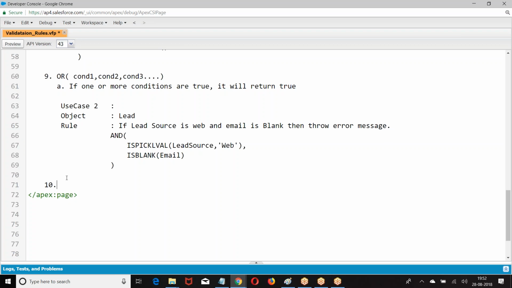So basically, the validation rule will run when a new record is created or an existing record is modified. But what is our condition now? It is saying, don't check the rule if the existing record is modified. Check the rule only when a new record is created. So when a new record is getting created, then only I want to check the rule. So we have IsNew. What is this IsNew?